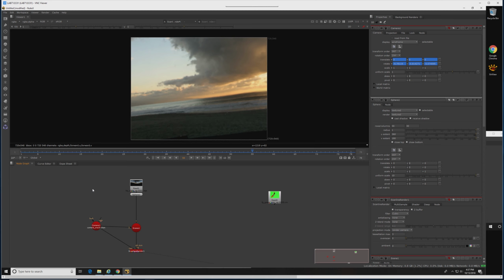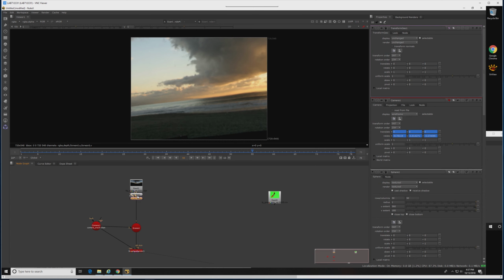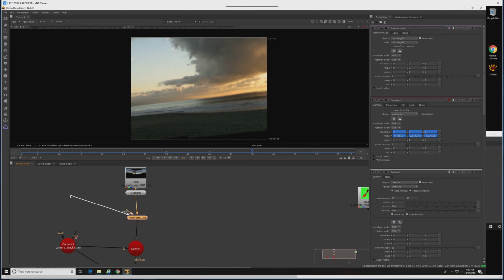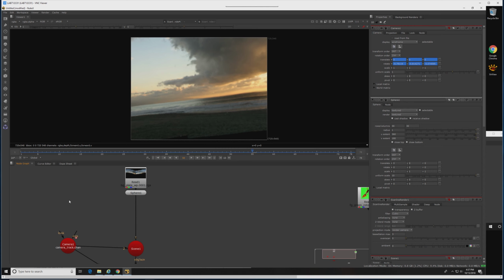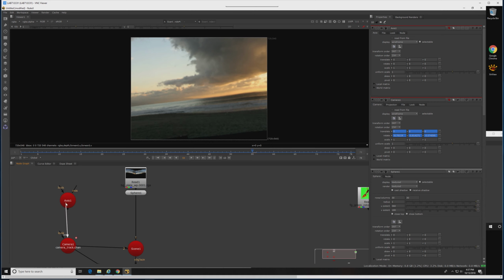So again, the idea of an axis is that it's going to be an overall controller for both a single piece of geometry or camera or everything associated with it. If you wanted to do two objects at the same time, with transform geometry, you'll notice that it has both a look pipe plus an axis pipe. So this has an axis, and this would have an axis, right? In our case, we're only going to move one axis, 3D. The axis pipe will go to this axis, and then